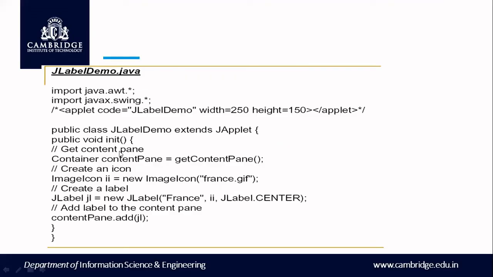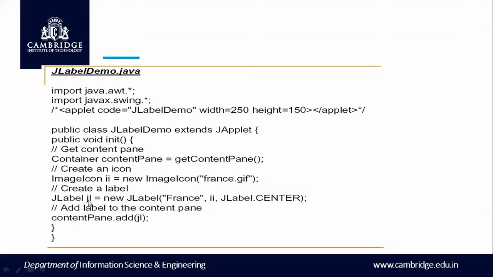So this is nothing but a simple JLabel program. Please execute this program. You will be able to get this output, and you will better understand what a component is and what a container is. I hope by now the concept of a component and a container is clear. How to create a component first? Whichever component you want to create, it might be a radio button, a checkbox, or a list, just create an object for that component. And once you have created all the components, you have to add them into your container, or else they will not be visible in the container. So these points you have to remember.